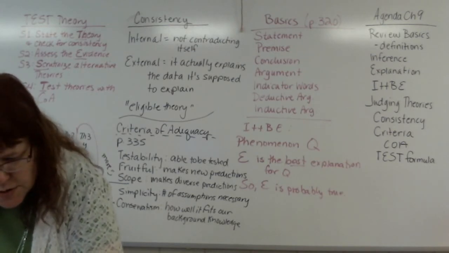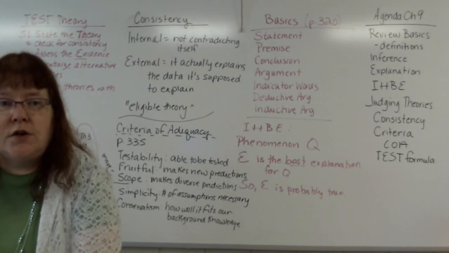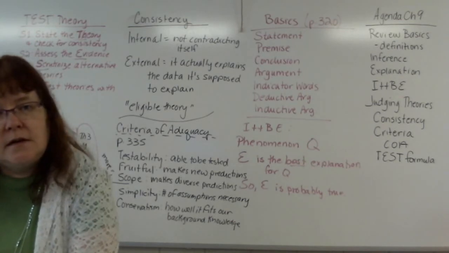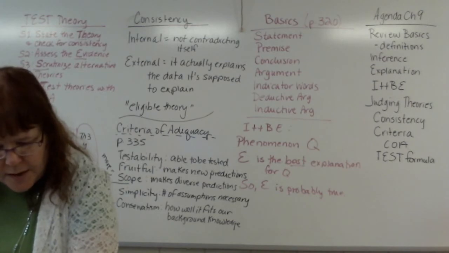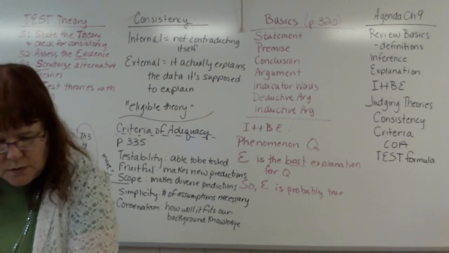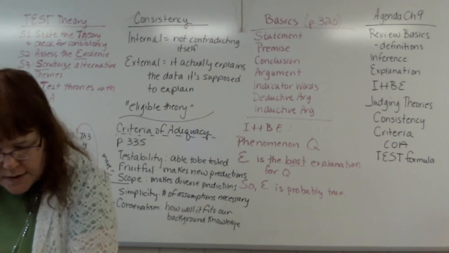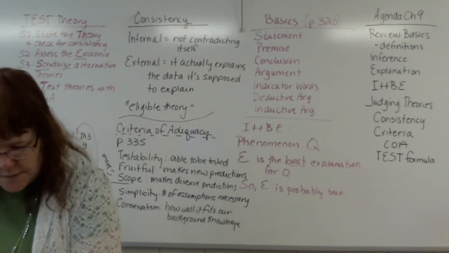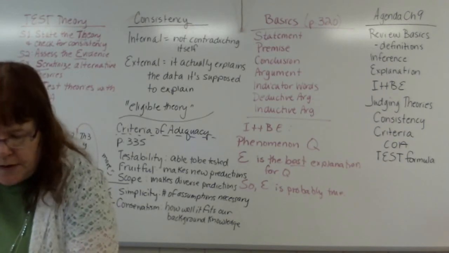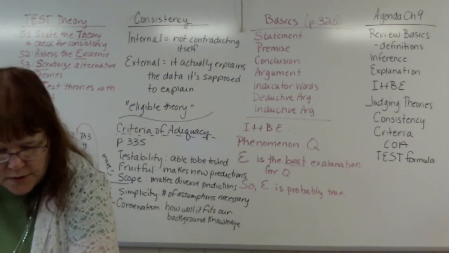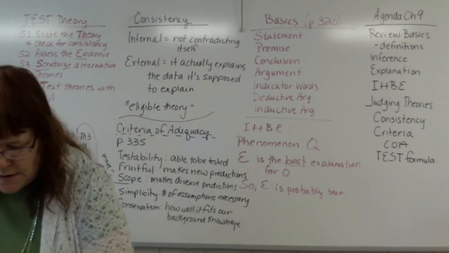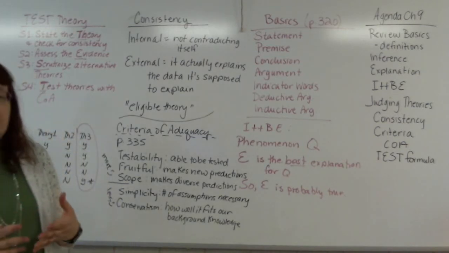Dr. Vaughn then walks us through 2 very good examples of using this particular criteria of adequacy and the test formula to walk through some theories. One on TWA Flight 800, the other on homeopathy, whether it works or not. And he gives us an example of a little chart on page 356. Okay, so when you get to the end of chapter